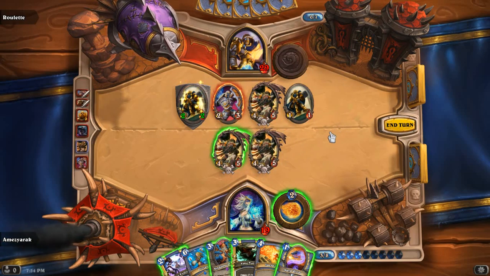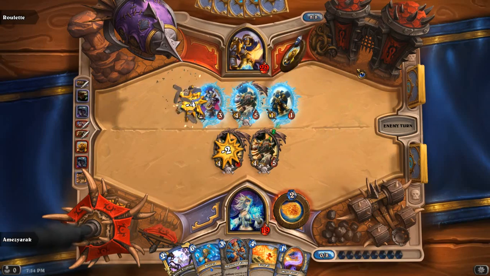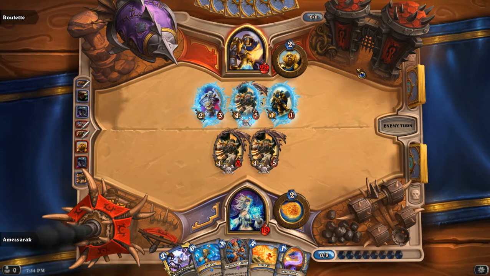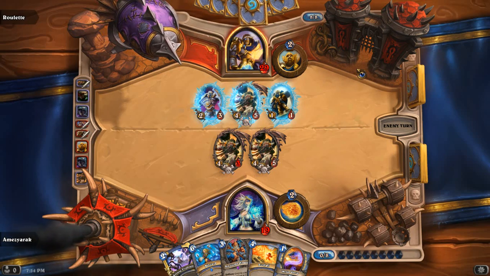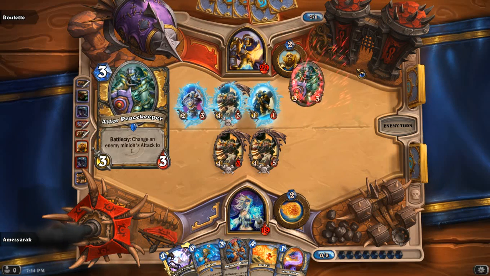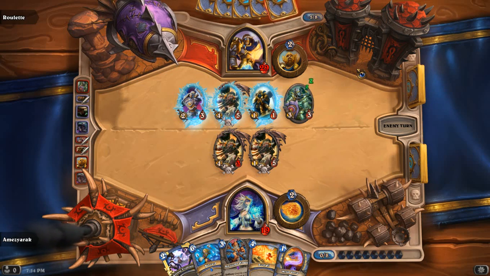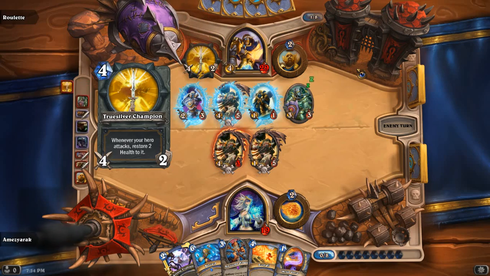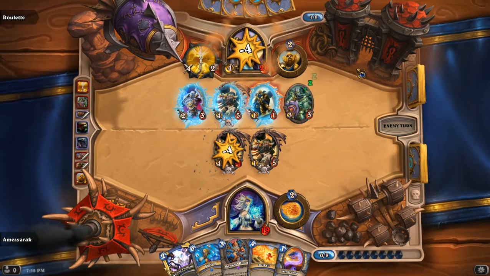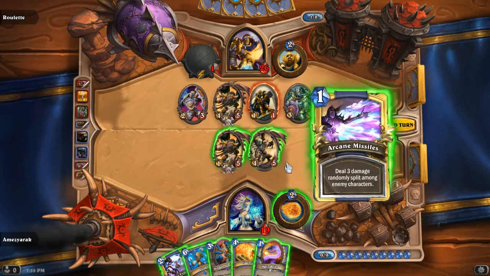Whoa there. I'll just freeze the entire board. I'm not yet scared by what I'm seeing at the moment. Or I could be. Okay, another Peacekeeper. One more to go. But as you know, Baine comes out as a 4/5, so right now what I'm going to do is get rid of this Cairne. I'll have to use